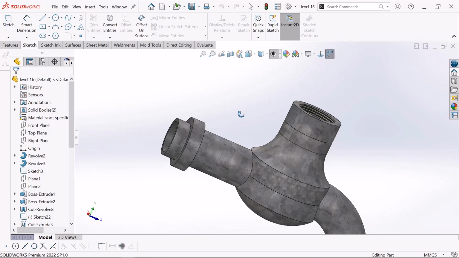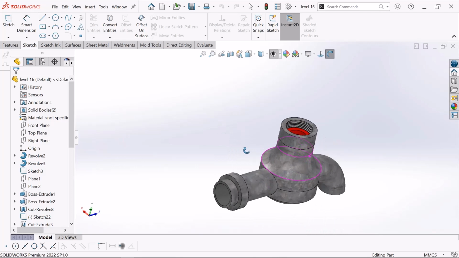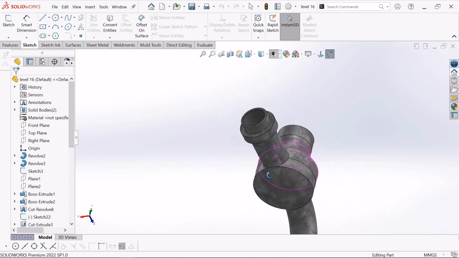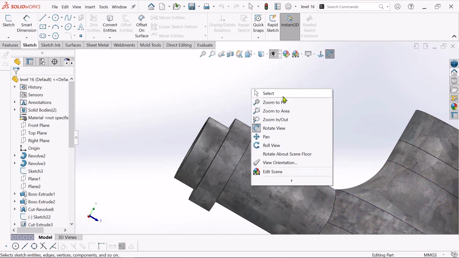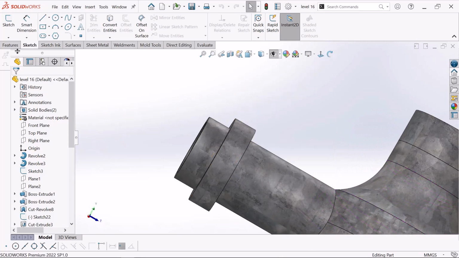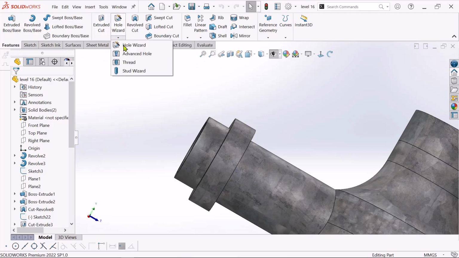Today we learn how to make a thread. This is the water tap. Now we'll sketch the thread for this side. Just go to this picture and click Hole Wizard. Just click Thread